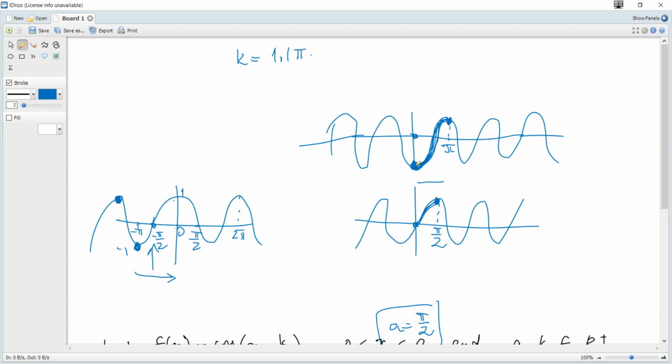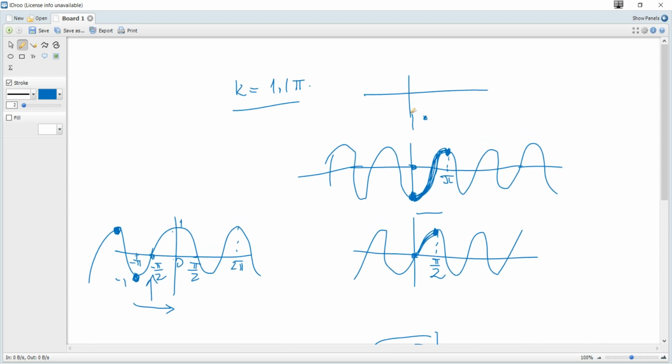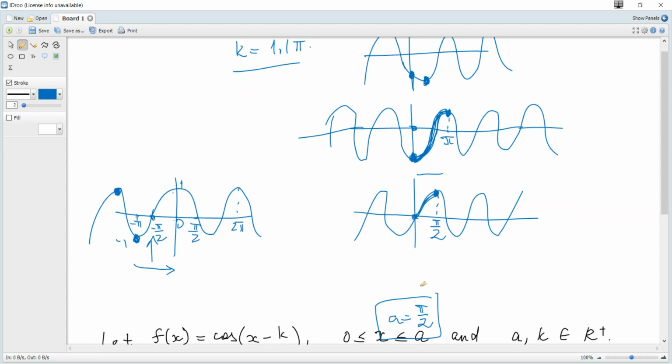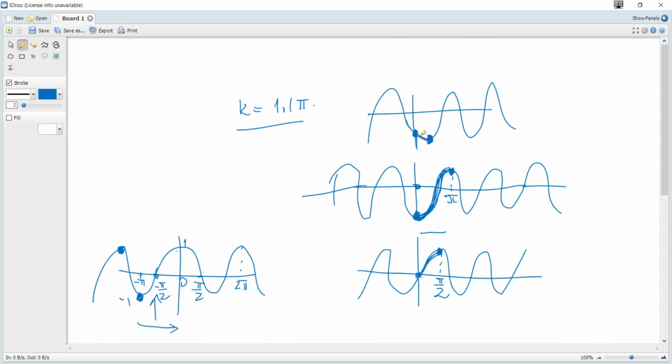It is already translated by pi, and if it is translated 1.1, it will be translated a bit to the right, so this minimum point will be a bit to the right, and again usual wave, and for the inverse to exist, it should be 1 to 1, but x again is greater or equal than 0, so it's just this part